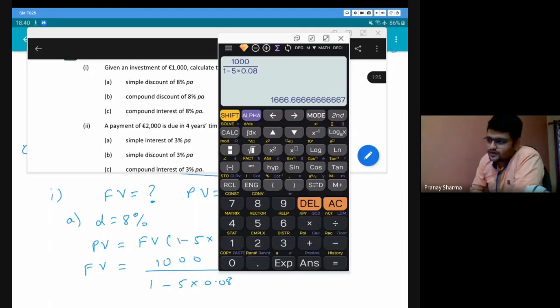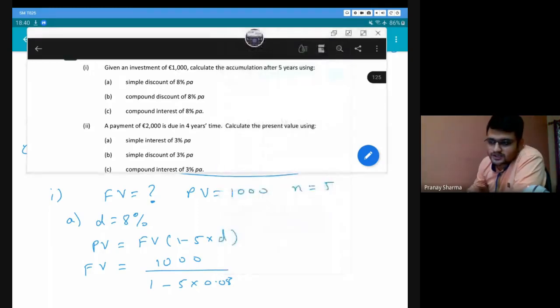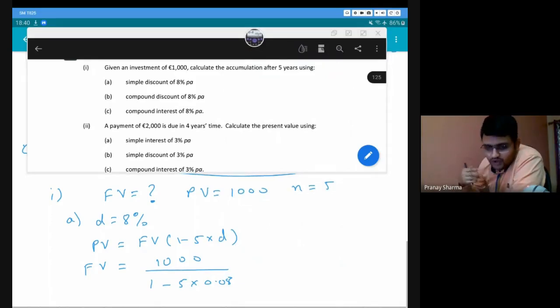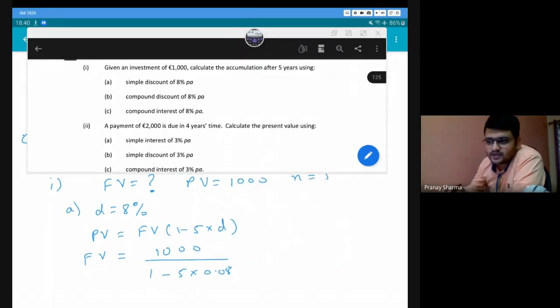Now, whenever I'm doing something in the calculator and by any chance there is something new or you did not understand what I did in the calculator, just ask me. Just type calculator and I will understand that whatever I just did, you might not have understood, so I will explain again, okay? Because many people, this scientific calculator might be very new. So if you do not know what I'm using, just type calculator and I'll explain.